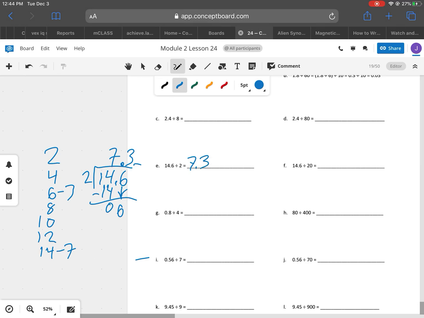So we're going to take this information and it helps us for the next problem. Alright, so we're going to do parentheses 14 and 6/10 divided by 2. Wait, we just did that. Divided by 10. So this problem goes over here. We already know the answer to that. It's 7 and 3/10. We're going to divide that by 10, and that's going to give us our